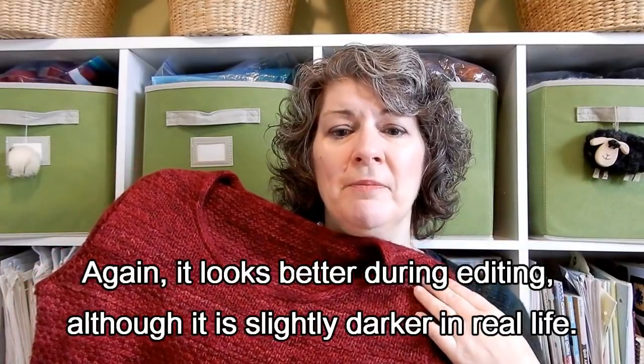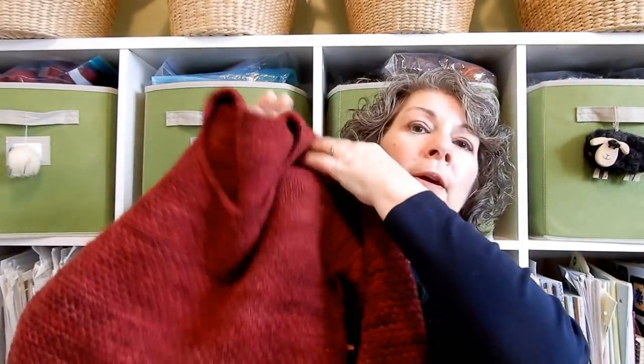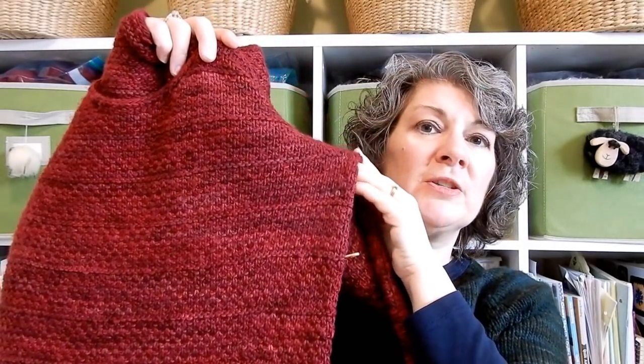Yeah, so again, I just didn't care for how this looked on me, and so I wasn't wearing it. So, again, color's not the greatest. It's actually a really deep red. I guess I should tell you about the yarn. It is Bloomin' Fiber Arts Single Silky Targhee in the True Blood Red colorway, and it's definitely a darker blue red. So what I did is I took the sweater back to this point, so just a couple of inches